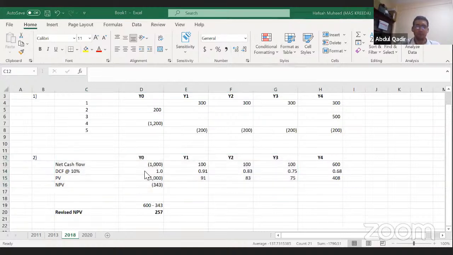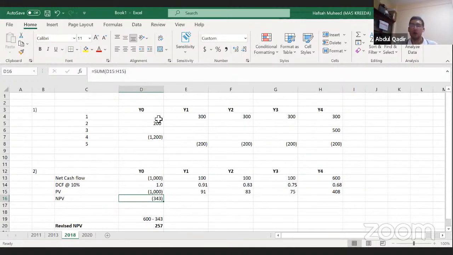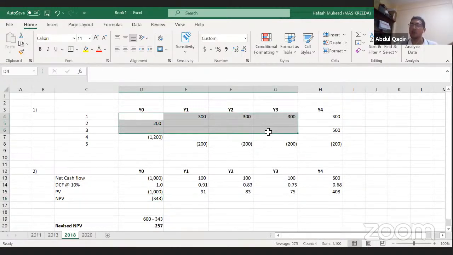Good. Okay. So I hope we are clear on this. That is why students sometimes calculate this and leave it here. They're asking for the revised NPV, so you need to combine these both. Why? Because what was the issue? You had just forgotten to include these in the previous calculation. So you had done a separate calculation, you have discounted it, and now you are just merging the both.